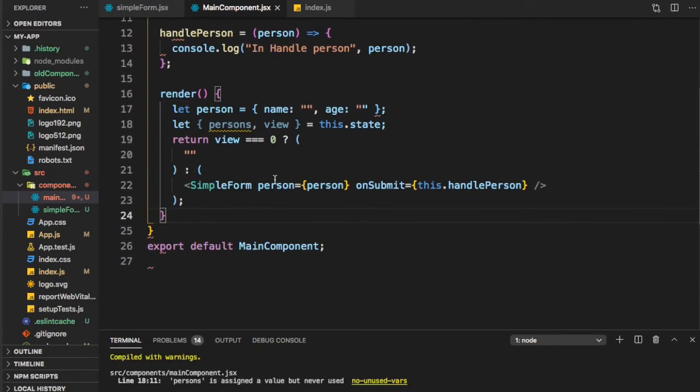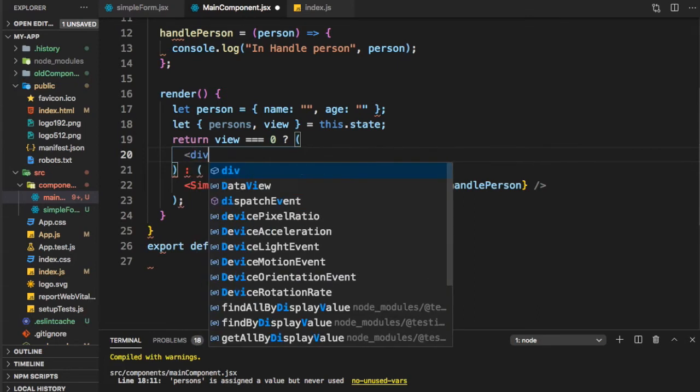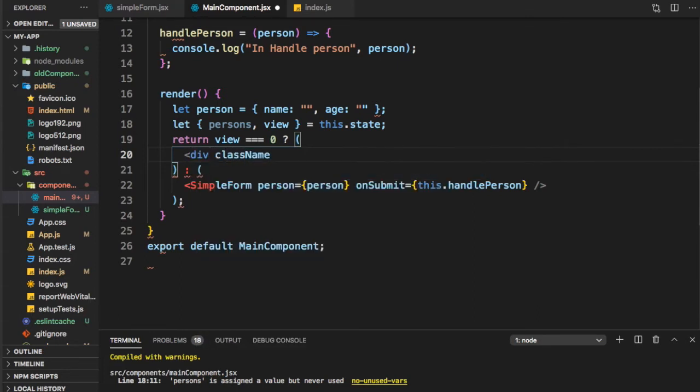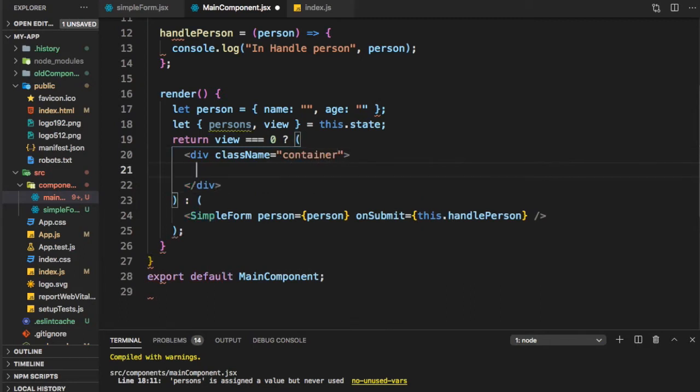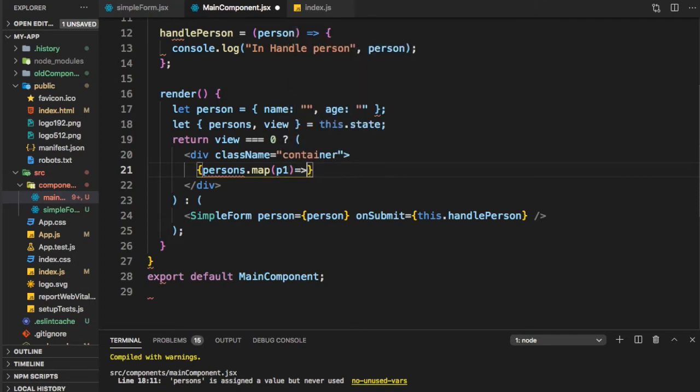So this is working fine. Now this is where we want to show the table. So I can just construct a table here. So let me create a div className is equal to container, and here we can just say persons.map. Let's call it say p1. And what does it show for that?